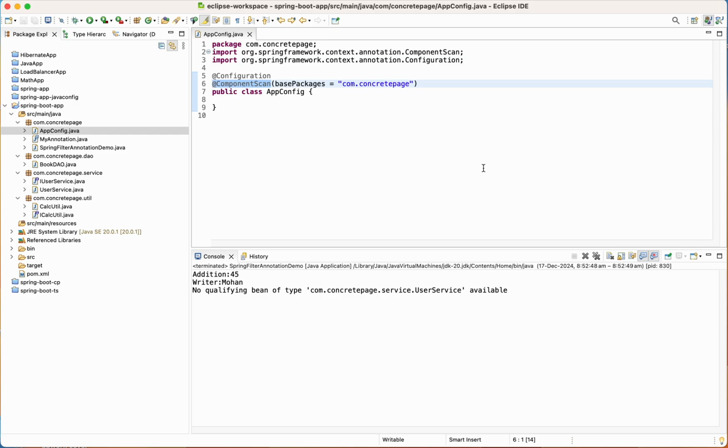In this video, I will discuss component scan filter types in our Spring application. This is the @ComponentScan annotation, and what happens by default is that the provided base packages,